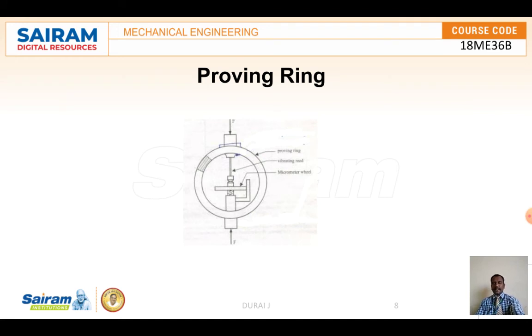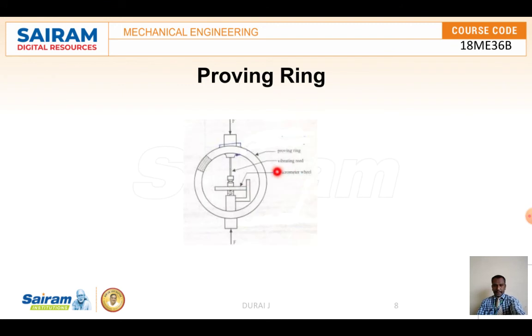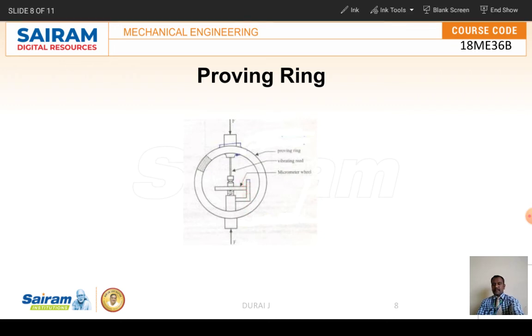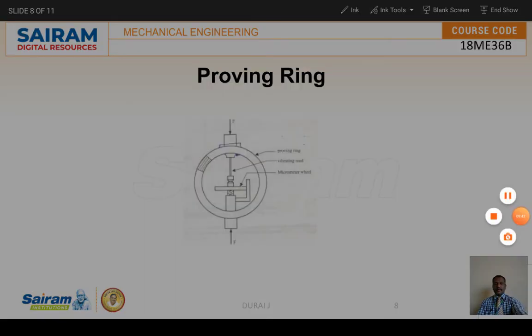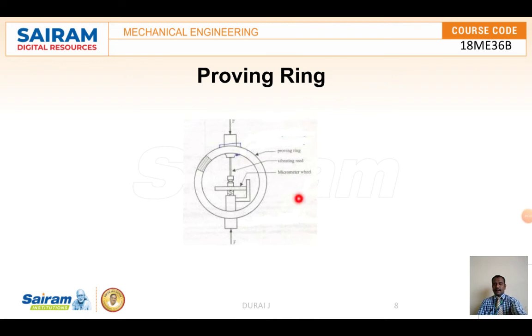The proving ring is circular and rectangular in shape, and it also has a vibratory reader. This is the vibratory reader, and this is the micrometer wheel. The micrometer scale has to be attached over here. Normally this proving ring can be used in tensile testing machines, mainly there, and the force will act